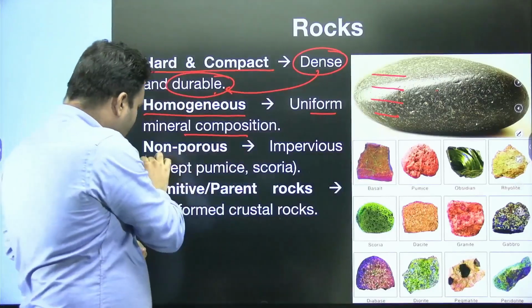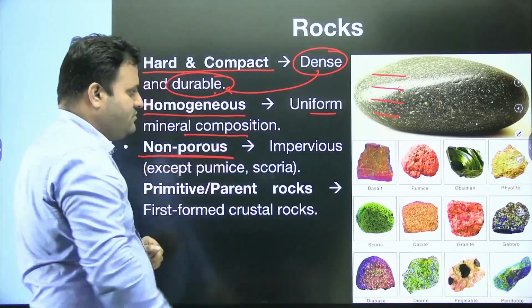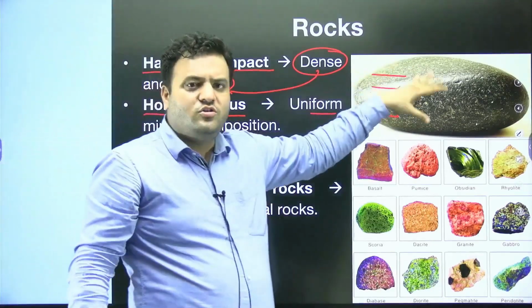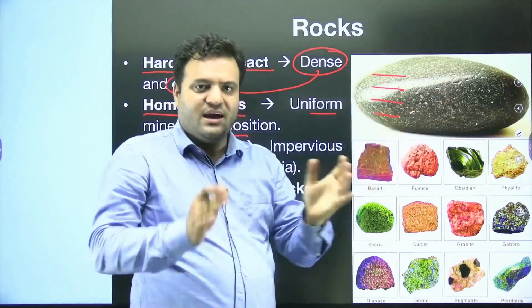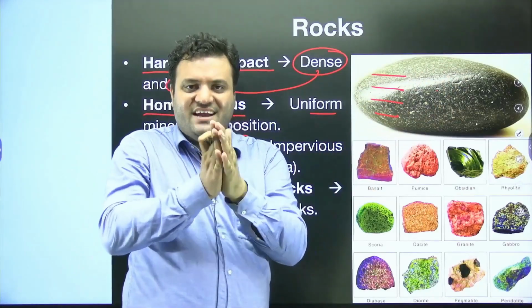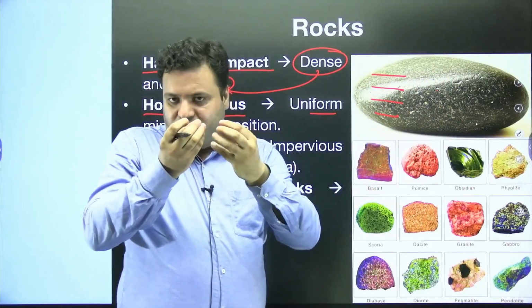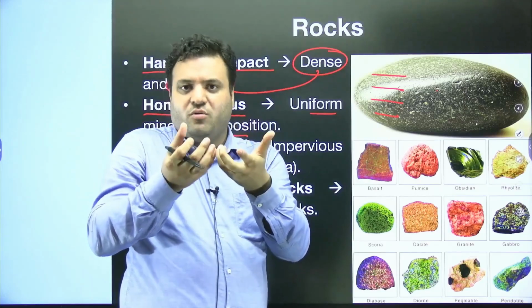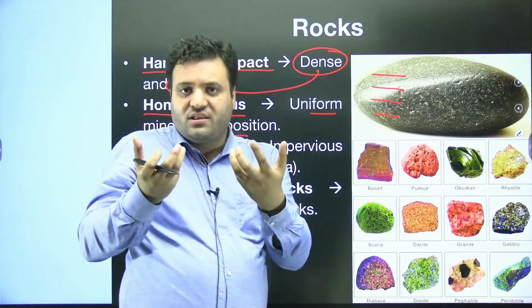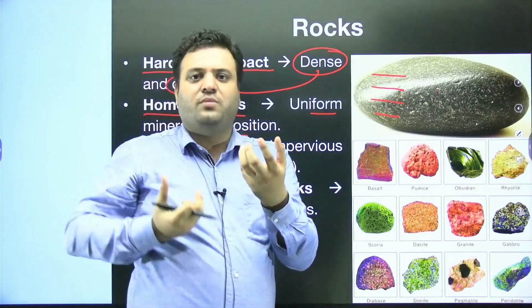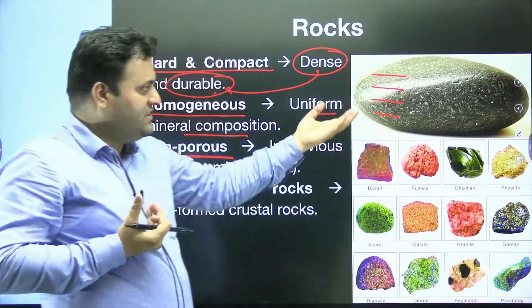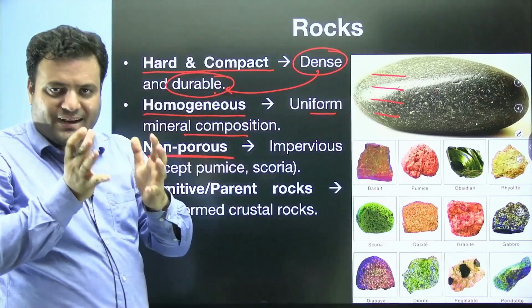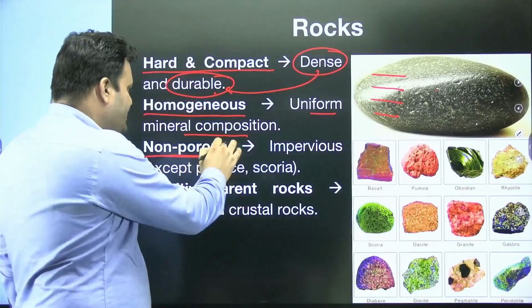And they are usually non-porous. It means water is not going to pass through these rocks because they are closely packed, because they are very dense. So the gap between the atoms and molecules is not there. If it is not there, water will not be able to pass. Density is greater, closely packed atoms and molecules are there. That's why this rock is